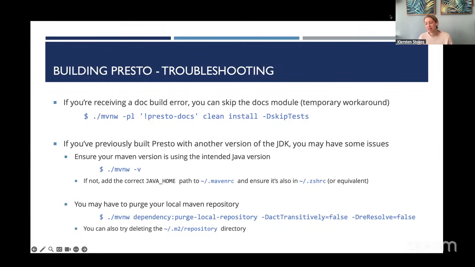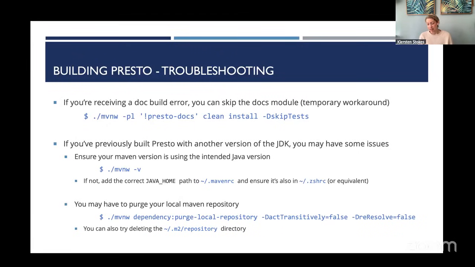again, I'll say it's not uncommon for something to go wrong. So if you're following these steps and you're like, I follow them to the T and I don't understand why I'm getting an error. Very common. First time I tried to set up Presto years ago when I joined, it took probably days for me to figure out what was going on with just my system settings and all that. So very common. I will say